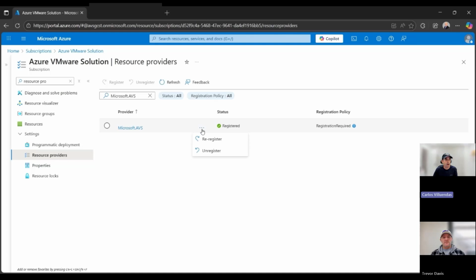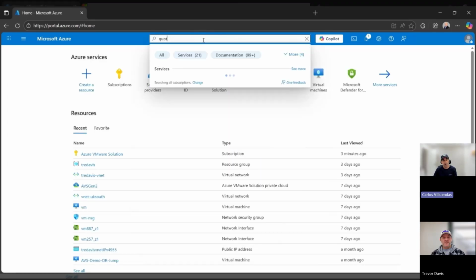The other resource provider you will need to enable is Microsoft Bare Metal. So make sure that both resource providers are enabled before you try to deploy AVS, because if not, you will get an error. The last step is to make sure that you have quota